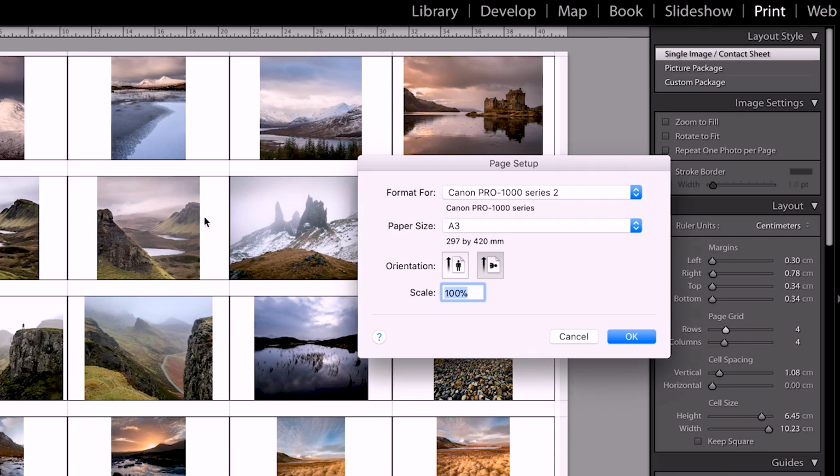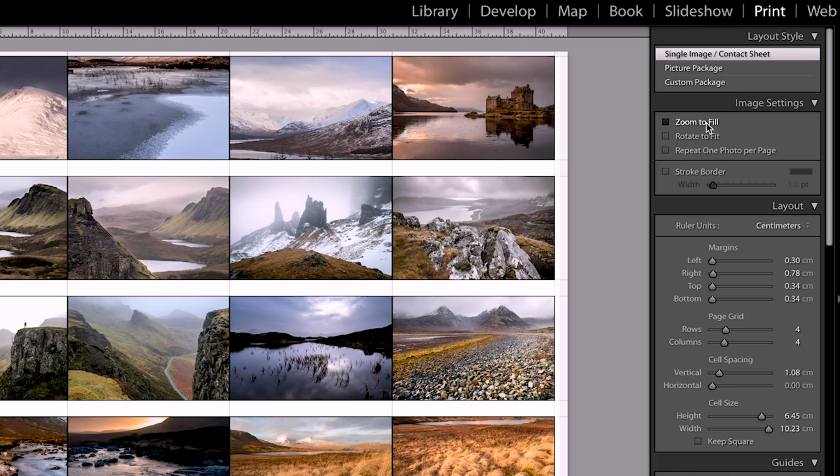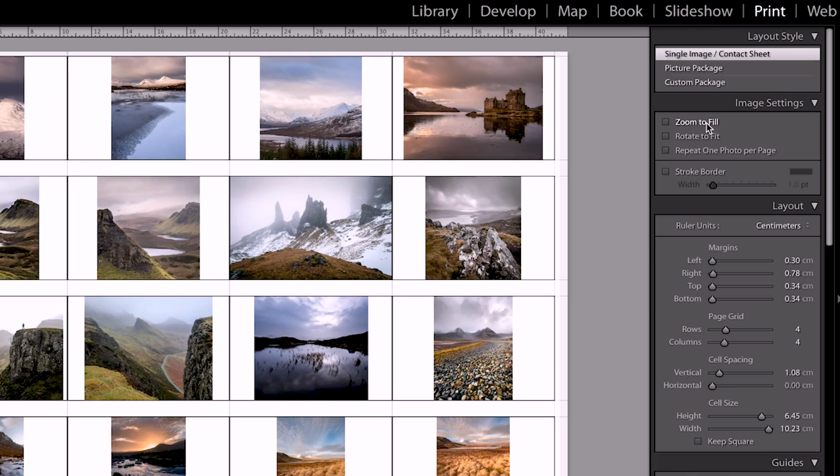My page setup is A3, so I usually print it on an A3 bit of paper, and I just make sure that I keep the aspect ratio of the image. So to do that, you just want to make sure that you don't have the zoom to fit. Click there, you just unclick it, which is set as default, and then I print that out, and you get something like this, which hopefully you can